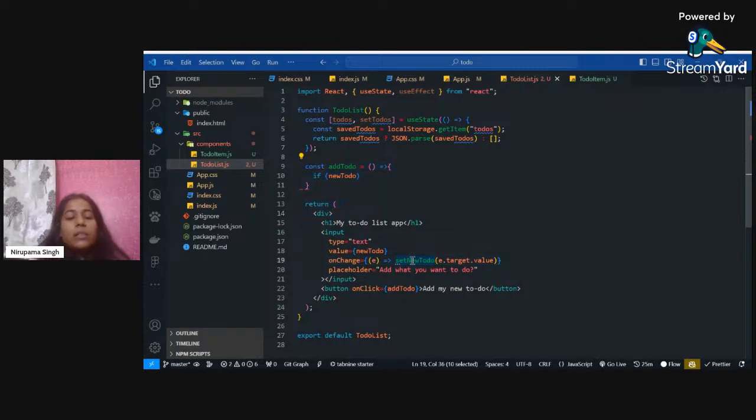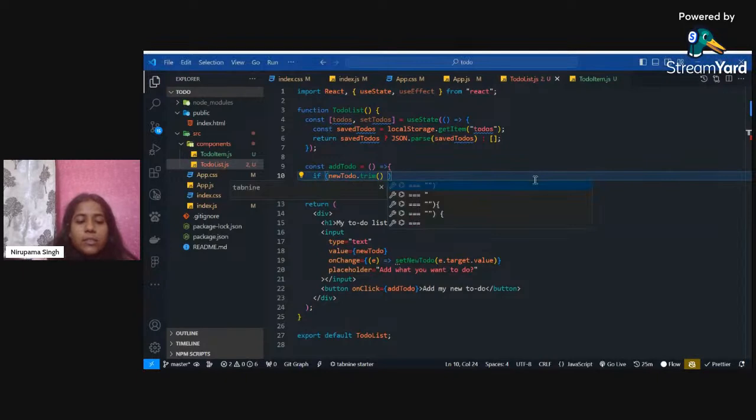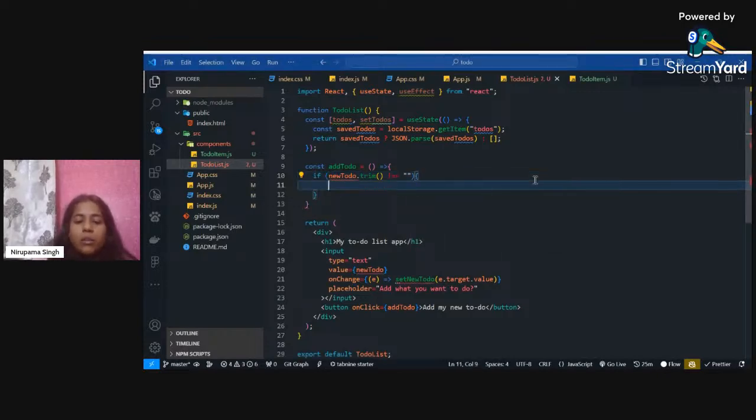New to do is the function that has been called on change in the input field. So if new to do dot reveal, just some applications to check, for validation, if it is not empty, right? So then, if it is not empty, we'll process with const to do,